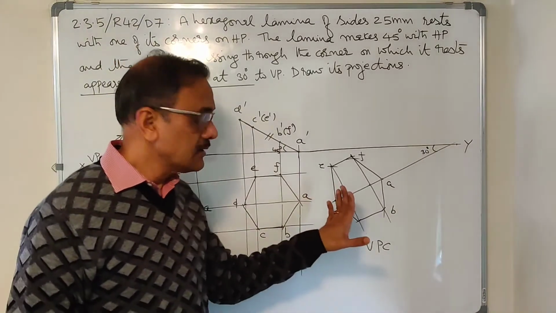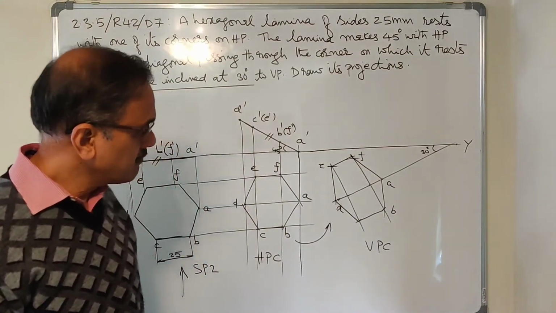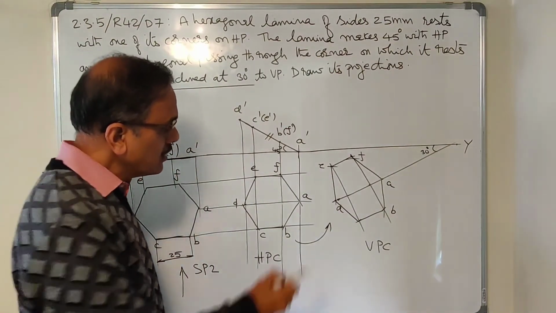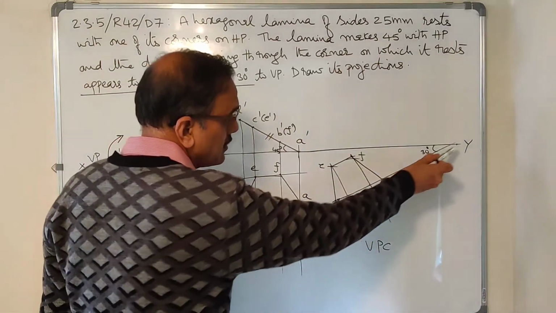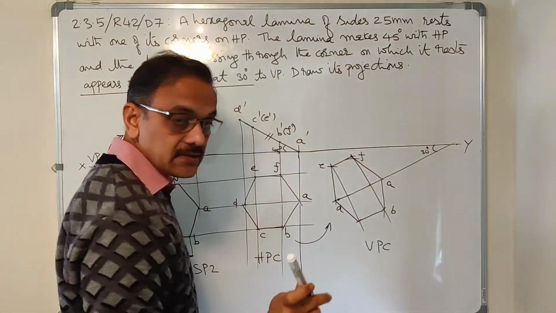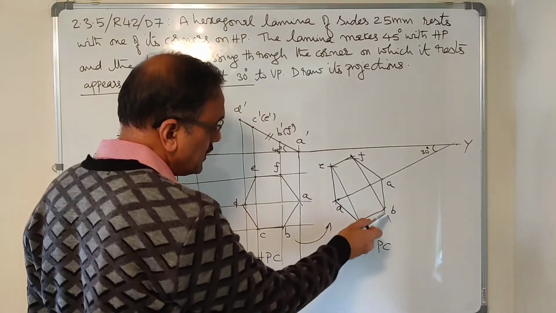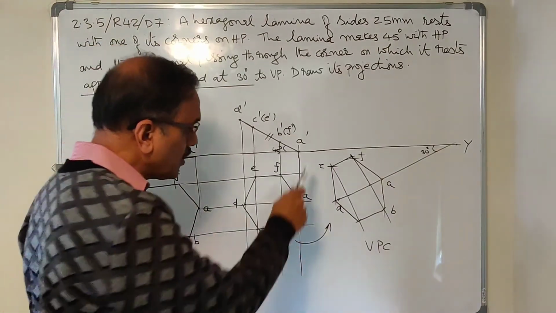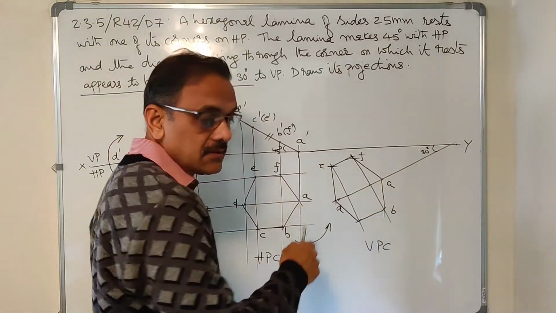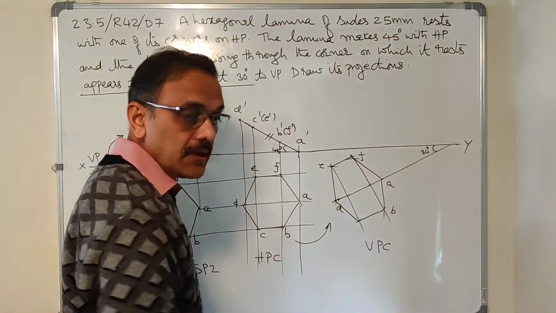This is the one that takes a little time, doing the construction. But make sure these are all construction lines. This is a construction line, this is a construction line, this is a construction line, all should be light. I want only the outer portion A, B, C, D, E, F to be shown dark. Take care of that. I don't want you to make these edges dark. It appears awkward. Only the top view should appear dark.